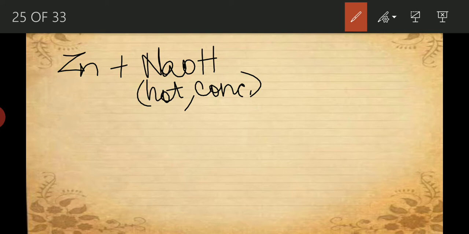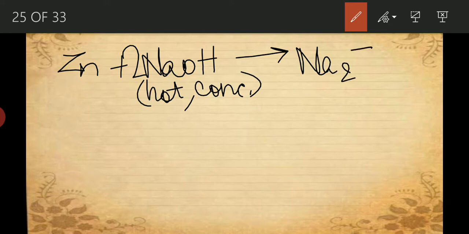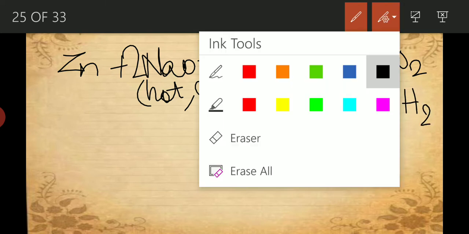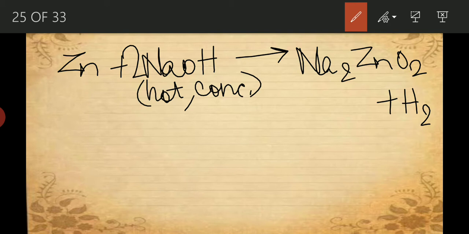When zinc is treated with hot and concentrated NaOH, then what will happen? I'm writing the balanced reaction here. Then it will form a salt, Na2ZnO2 and hydrogen. Now the name of this salt, Na2ZnO2, is